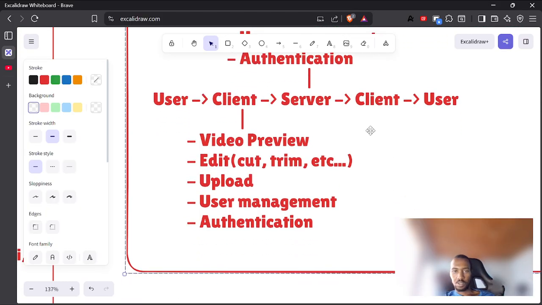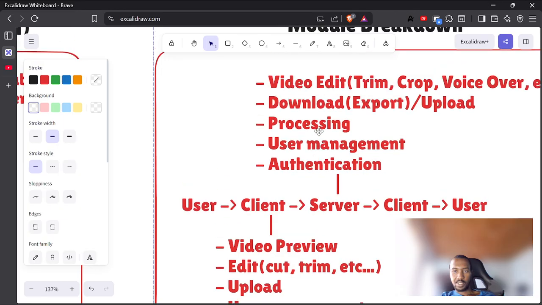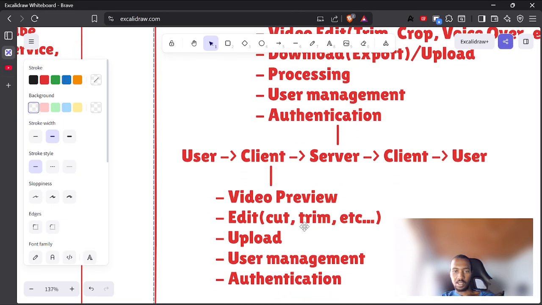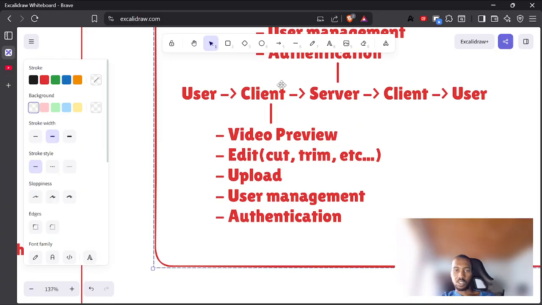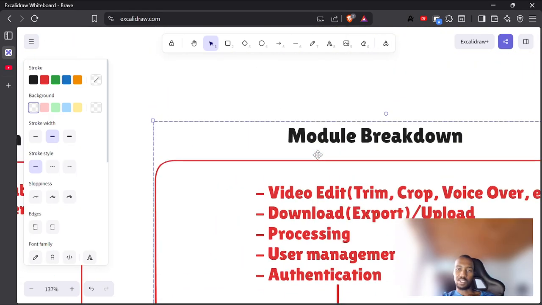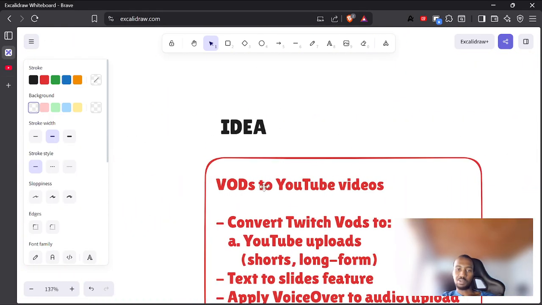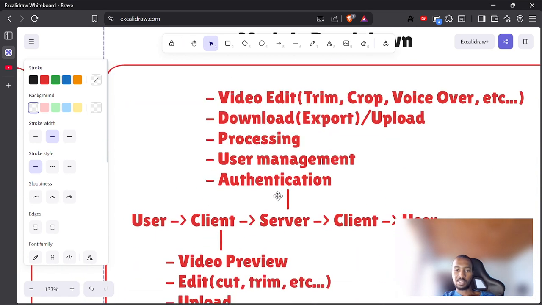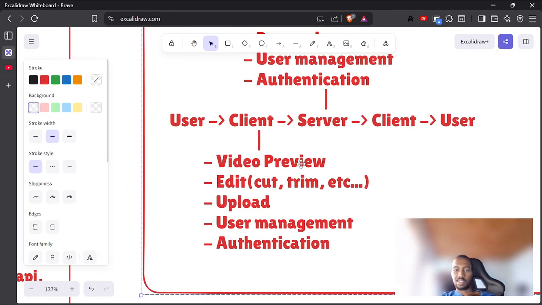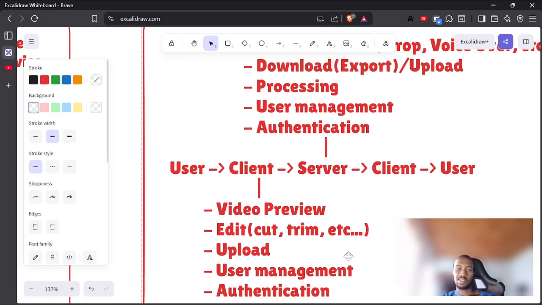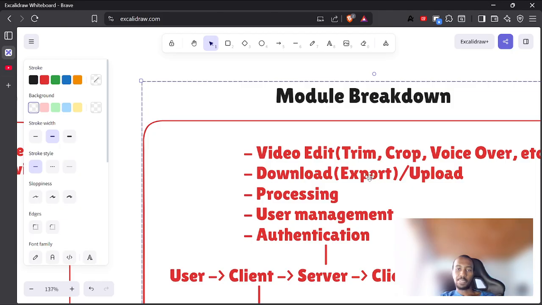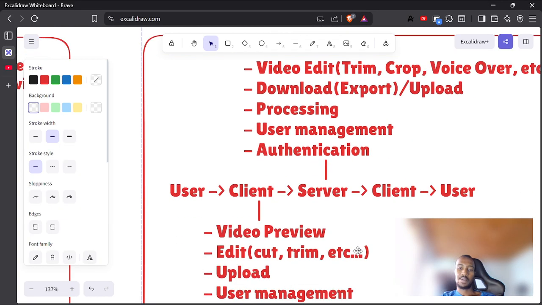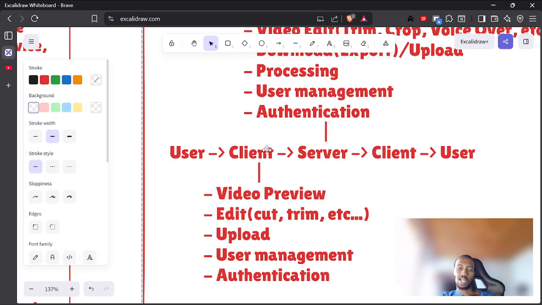And then if you are building and not a user of the app, this is what happens. So you're going to break down your client into the main features. If our idea is to upload videos to YouTube from VODs, and we want to build this, we need to understand there's video preview, there's edit, there's upload, there's user management, there's authentication,